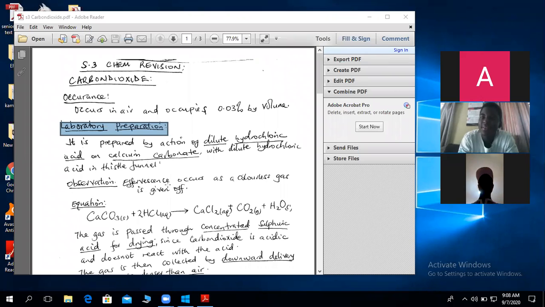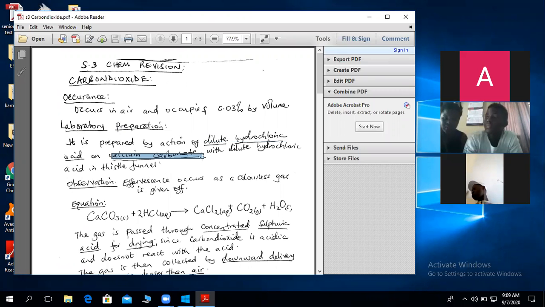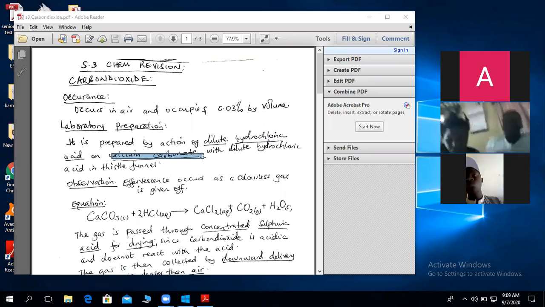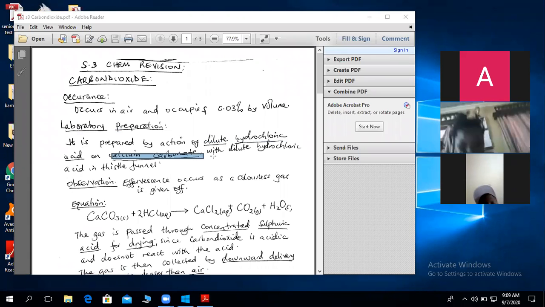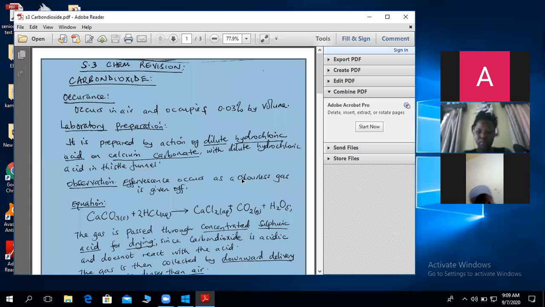For carbon dioxide, the substances that we use to prepare, we use dilute hydrochloric acid. Take note, the acid must be dilute. We use dilute hydrochloric acid and calcium carbonate. Calcium carbonate in the textbook, sometimes it is called marble chips, but it is the same thing. You should not get confused. So calcium carbonate is sometimes called marble chips. So don't get confused about that. So after knowing that,